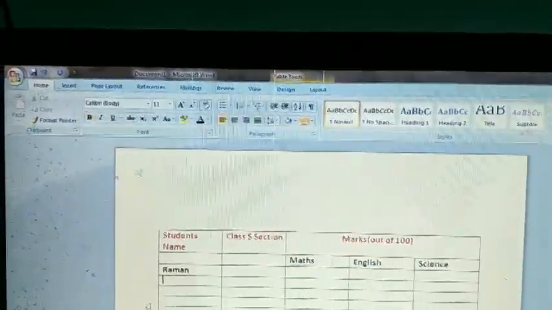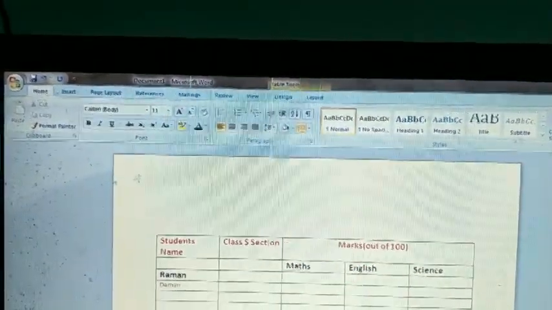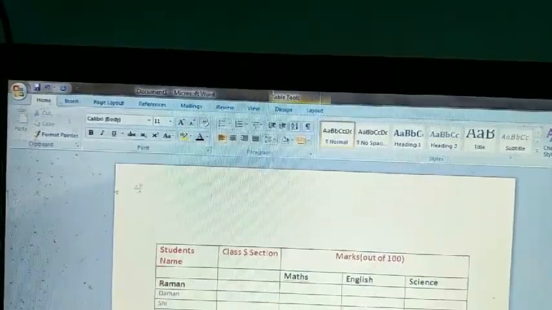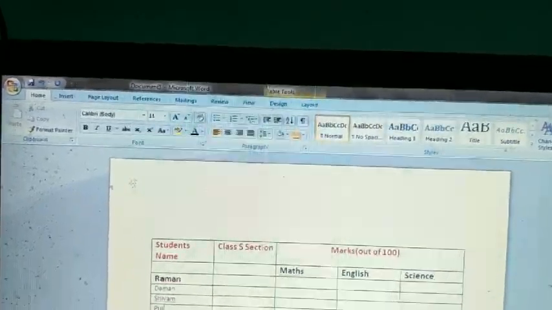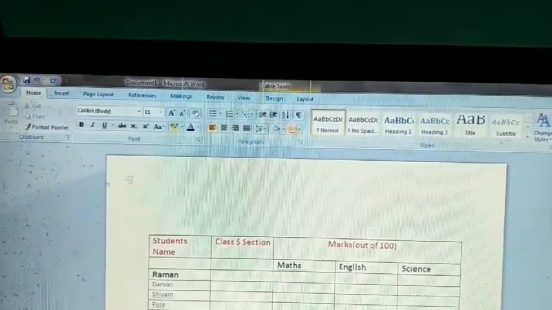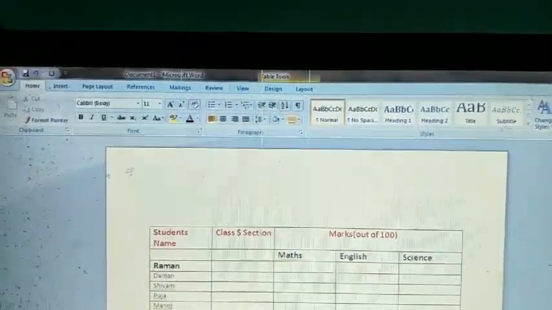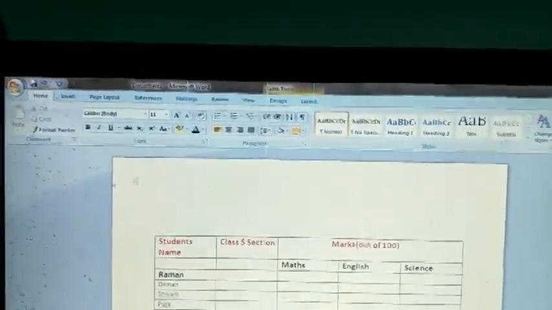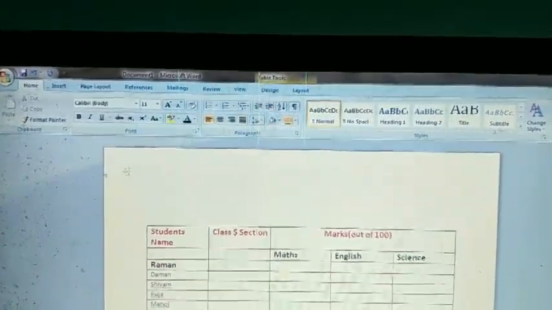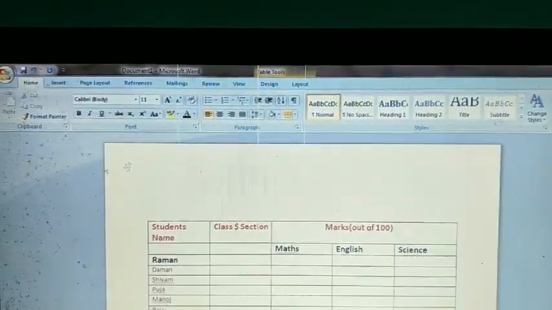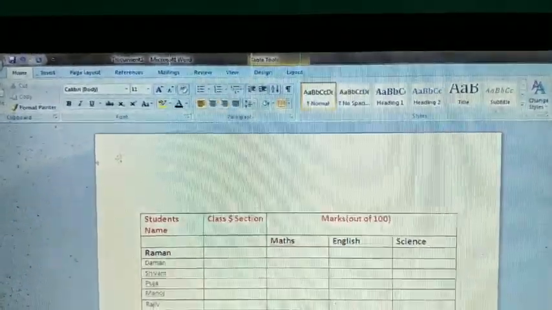Raman, Daman, Shivam, Pooja, Manoj, Rajiv, Sanjeev, Sonia.